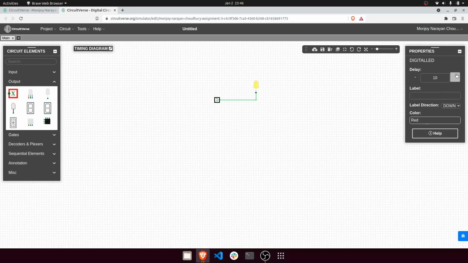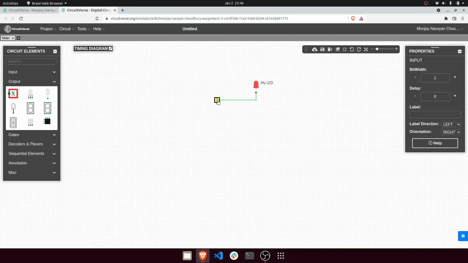You have delay. You will understand later in the course why, or maybe you have started delay right now. And the label direction: you can add labels to it. My LED. Now see, this label is not clear. It's pretty tough to see. So what you're going to do is use label direction to click on right, left, up, down. So this is simple, right? This is pretty useful to label your diagrams. It is preferred that you label your diagrams when they get too complicated, just by clicking here.